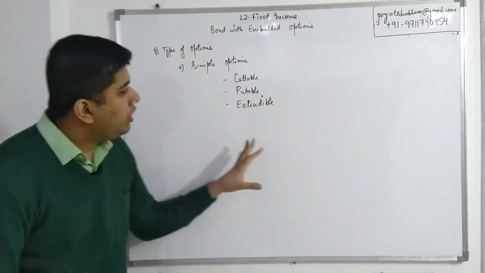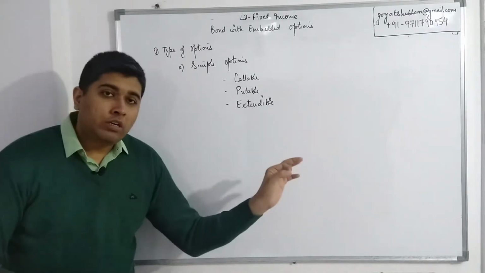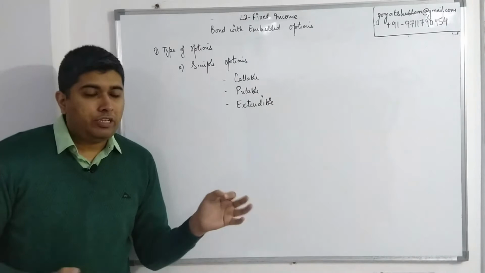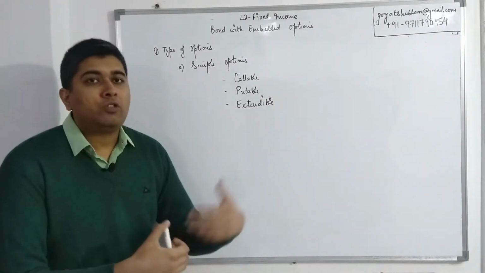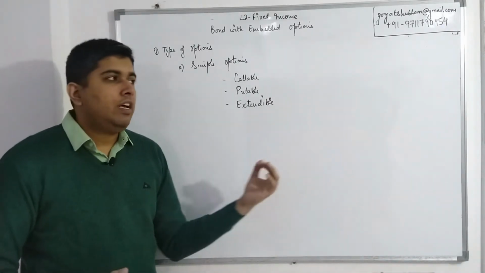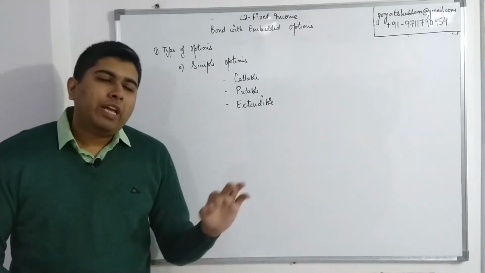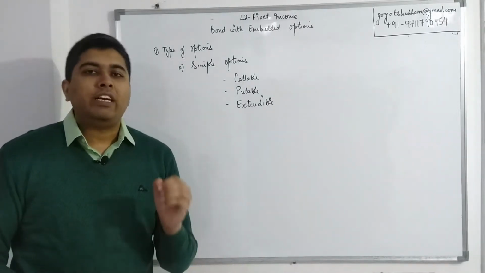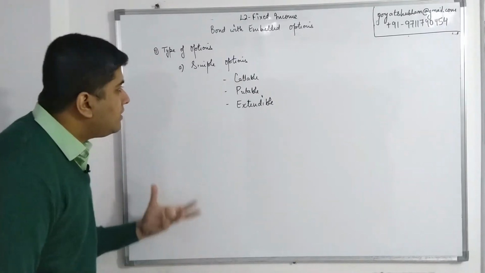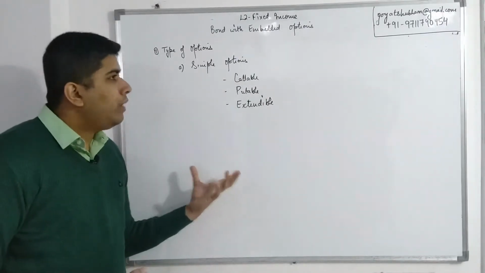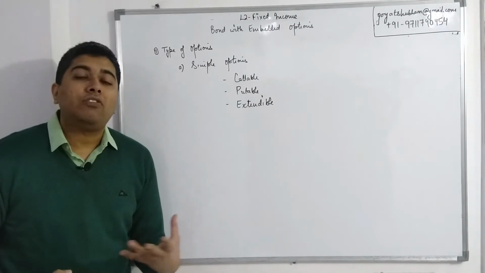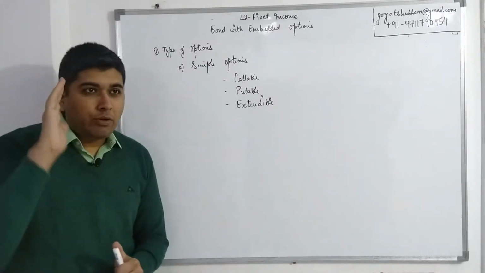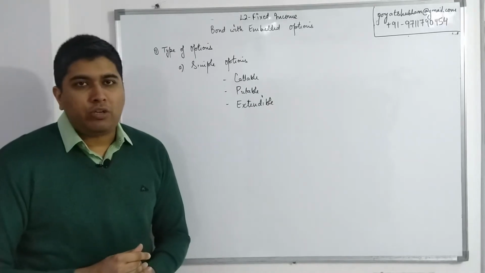So a callable bond is the bond which gives the issuer the right to call the option, which means if the issuer wants, the issuer being the company that issues the bonds to the general public, to the investors, if that company wants, it can recall its bonds at a specified price. Now, normally this is something that would start happening when the interest rates start falling. So this is something you did at Level 1 also.